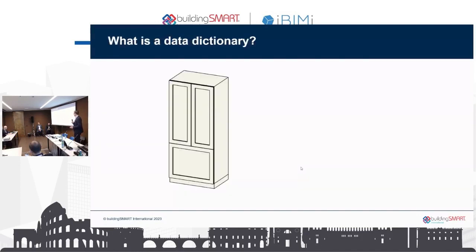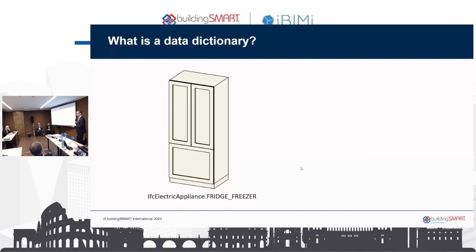So let's start with this picture. Can you see? I don't have the text yet, but I hope you can see it from the back. This is one object from the IFC model that I took. Just by looking at the geometry, we are not able to tell if it's a fridge or a wardrobe. But luckily, we have the IFC schema, the Industry Foundation Classes that we use. If it's properly classified, properly defined in IFC, we can see that this is an electric appliance called fridge of type fridge freezer.